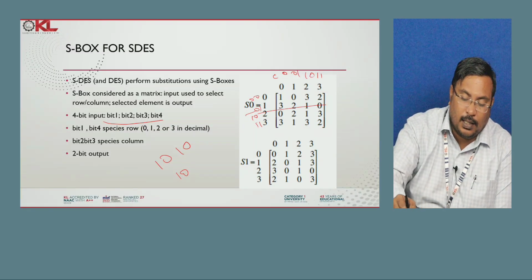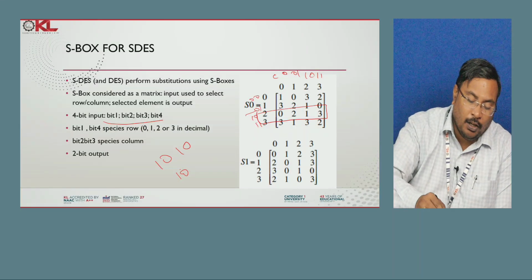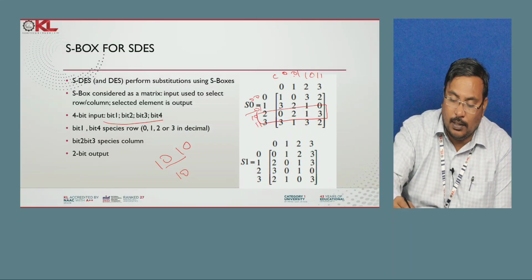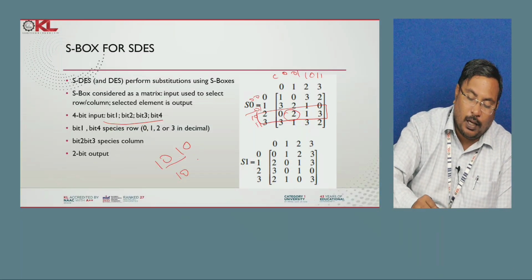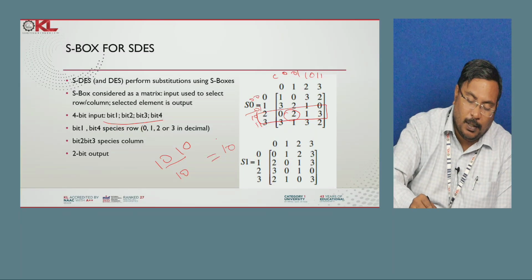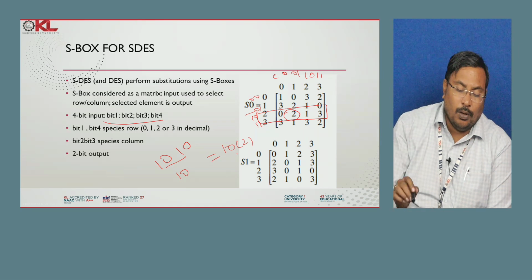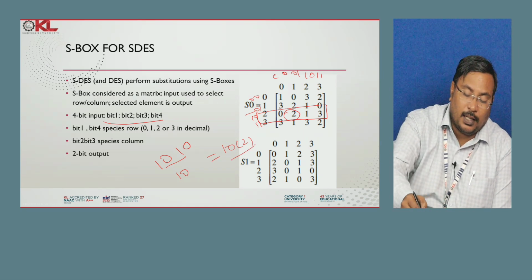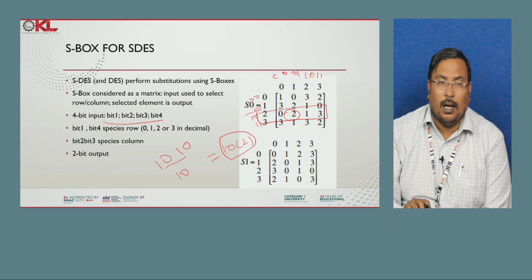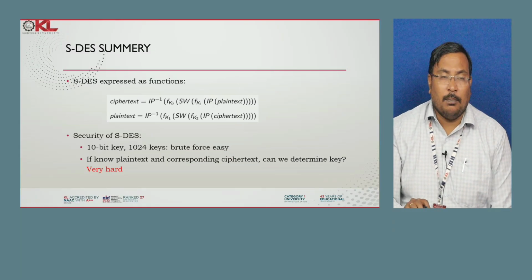This row is highlighted, and the column is 0 1, this one. That means this is the output, which is 0 2, nothing but 2. So I give the 4 bits as input and generate the 2 bits as output. Coming to the summary,